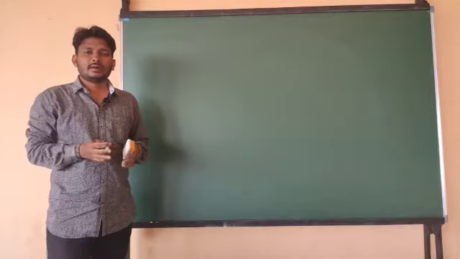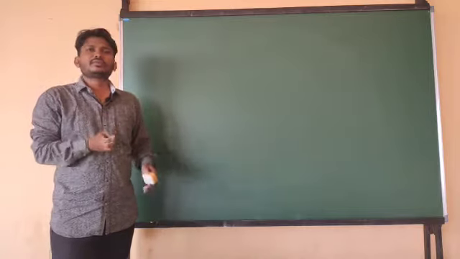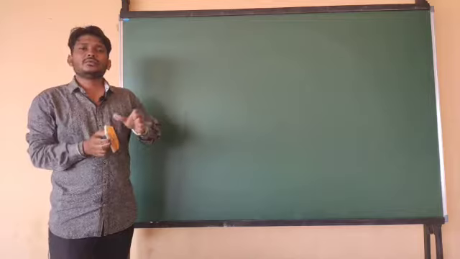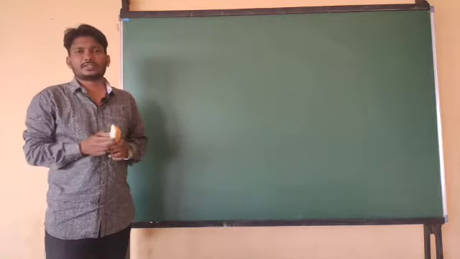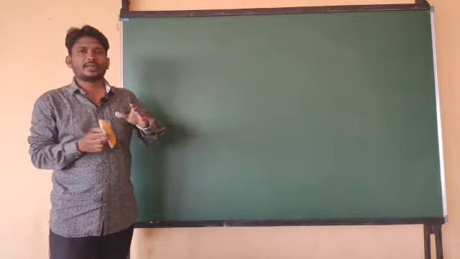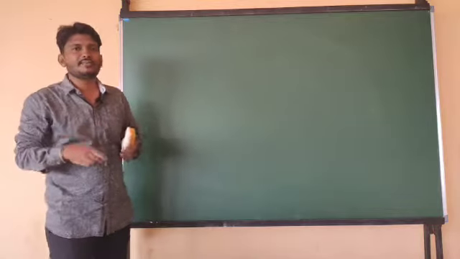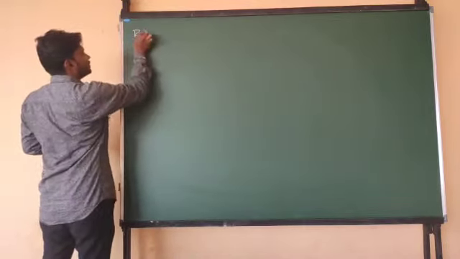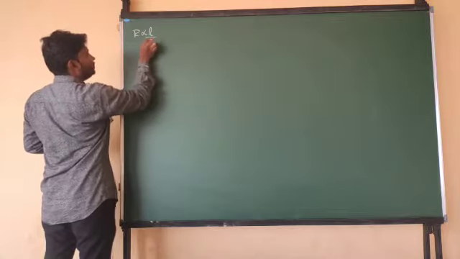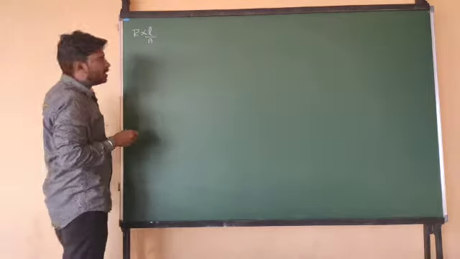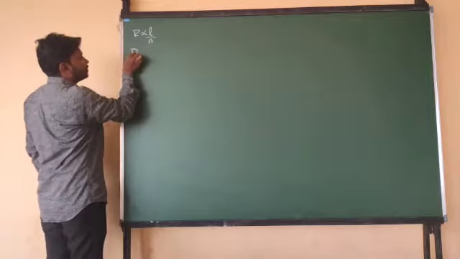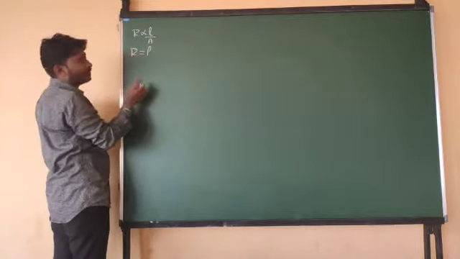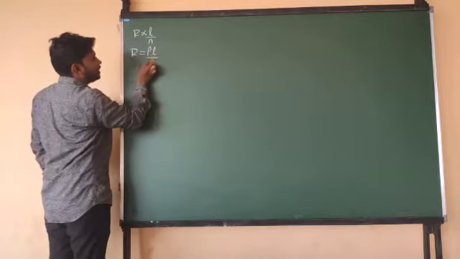So in the last class we had been discussing Ohm's law. Related to Ohm's law, we got the expression for resistance. We are extending the topic of resistance. We already got the information about the factors that resistance depends on. From that, we got that resistance is directly proportional to length and inversely proportional to the area of cross section. If I remove the proportionality sign, I will get a proportionality constant. So that is R is equal to rho L by A.